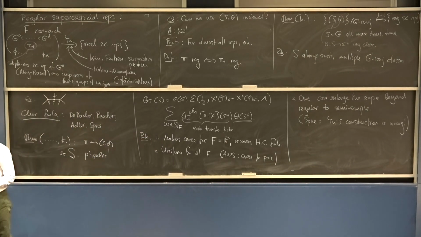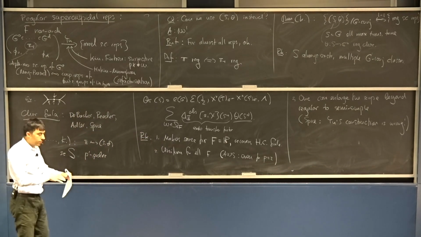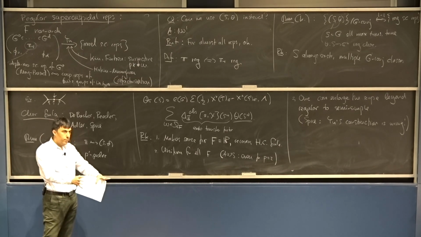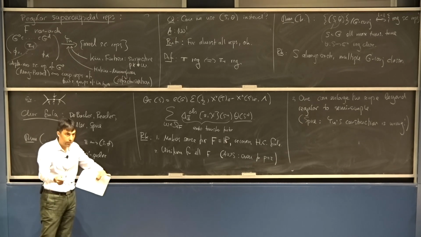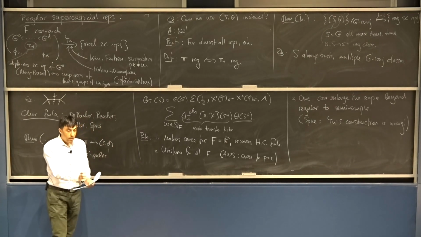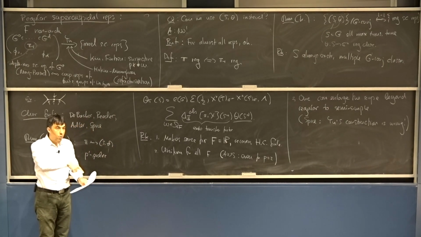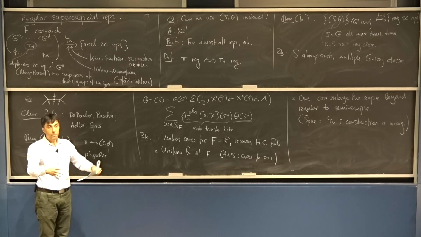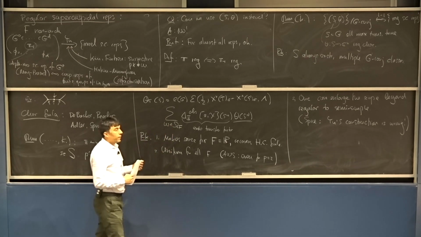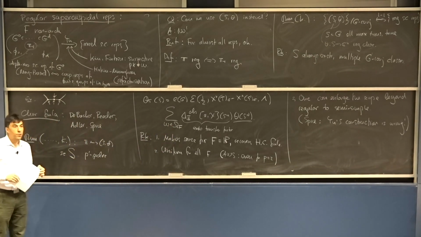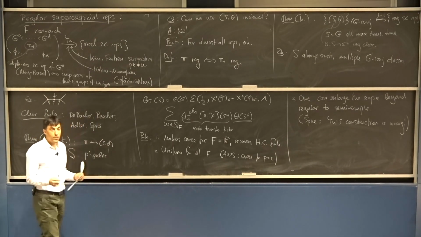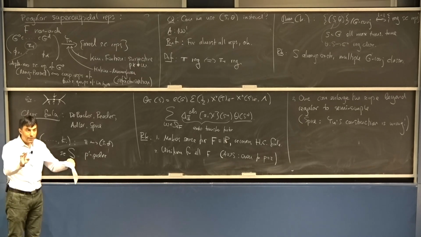So what is Yu doing? He's constructing representations by compact induction. He's compactly inducing a finite dimensional representation of a compact open subgroup that he's very carefully constructing. And in order to know that this compact induction is irreducible, you need to know how this finite dimensional representation intertwines. You need to somehow know you have constructed it on the largest possible group. So there are certain intertwining properties which he had to prove. And to prove them, he was using the character of the Weil representation over finite groups of Lie type, which is something that enters the construction. So he's quoting a theorem from another paper on the Weil representation. He's quoting the theorem precisely as it is stated.